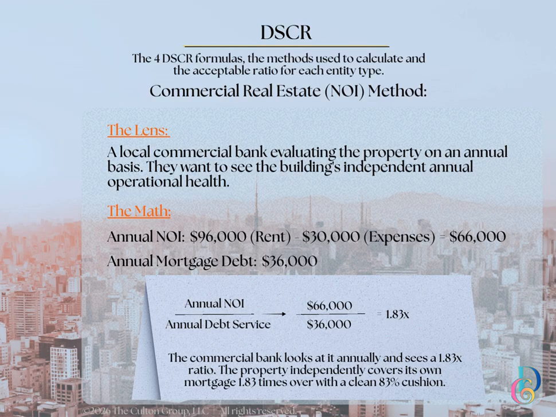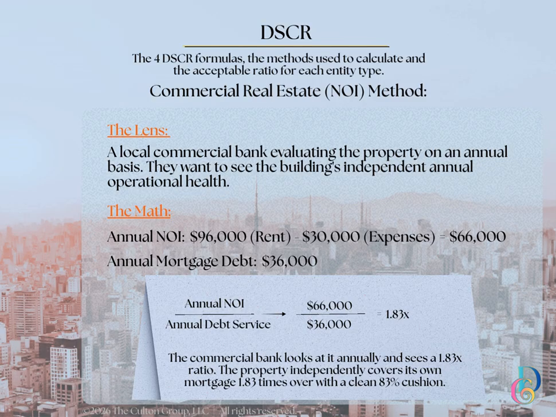DSCR is 1.83x. That's $1.83 that the building generates for every dollar that is owed on the loan. So the commercial bank looks at it annually and sees a 1.83x ratio. The property independently covers its own mortgage 1.83 times with